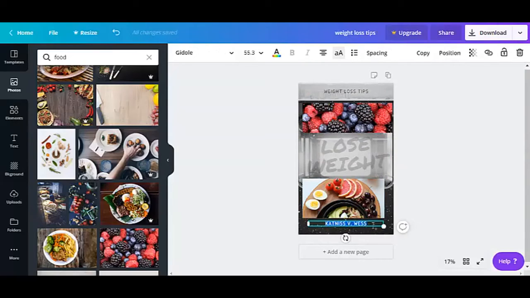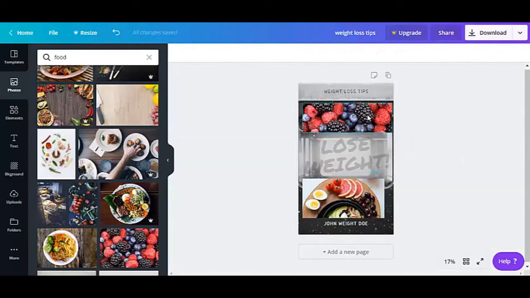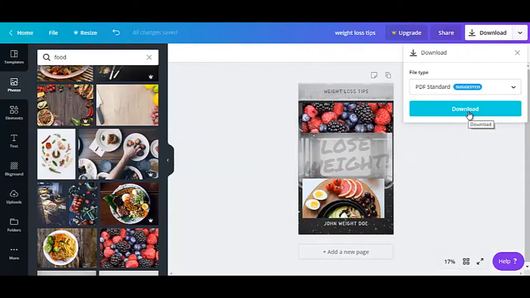Let's change the author name to John Waite Doe. Maybe we can add an exclamation mark to lose weight. And there you go. So if you're happy with it, you just go to download, click on there, and choose